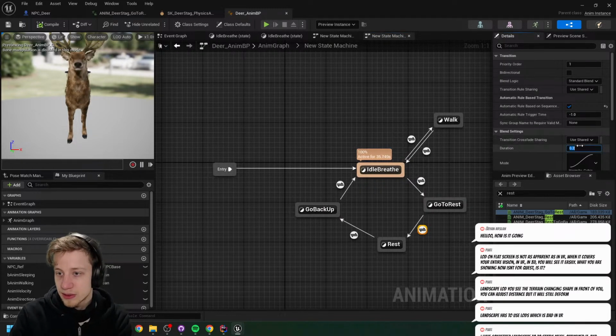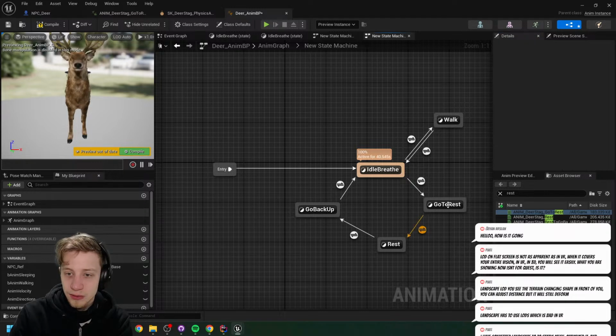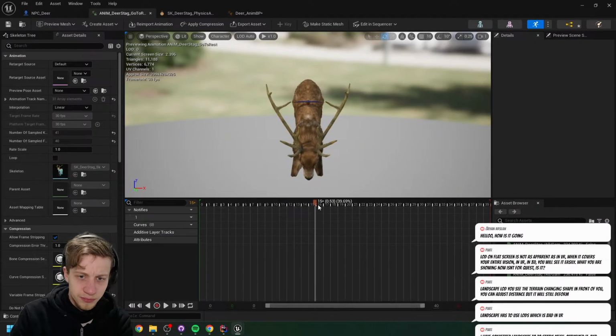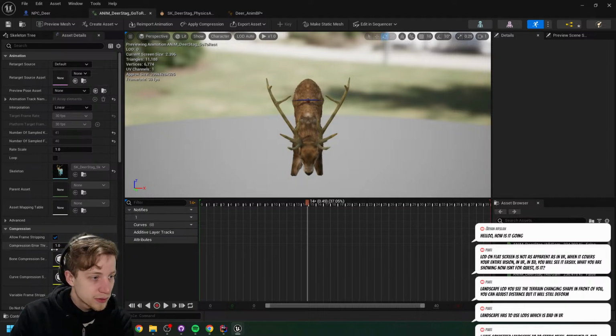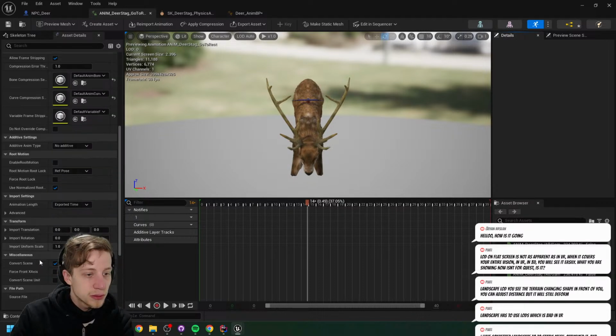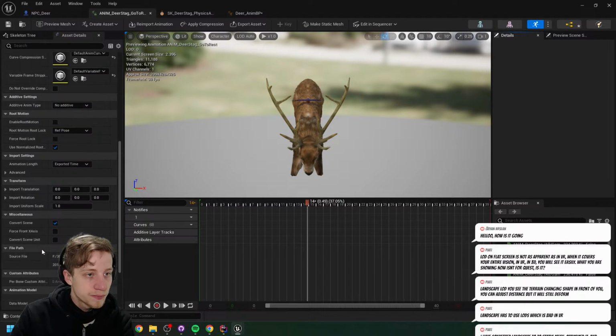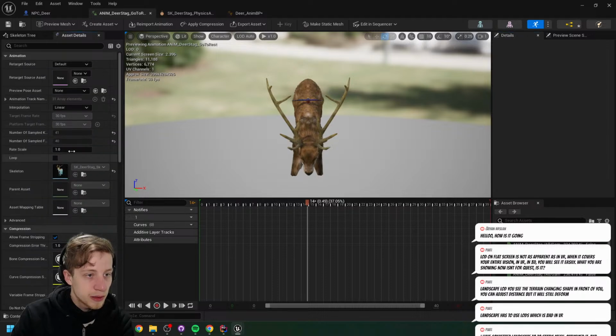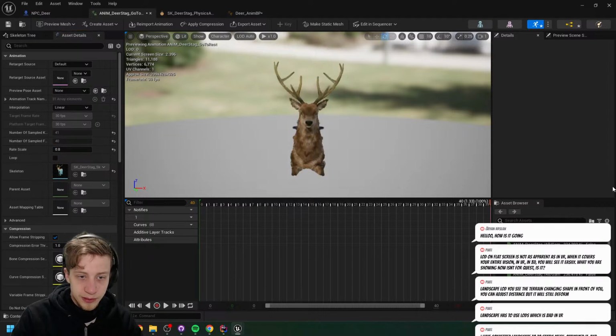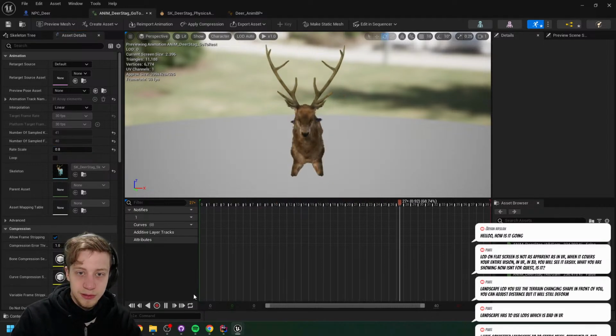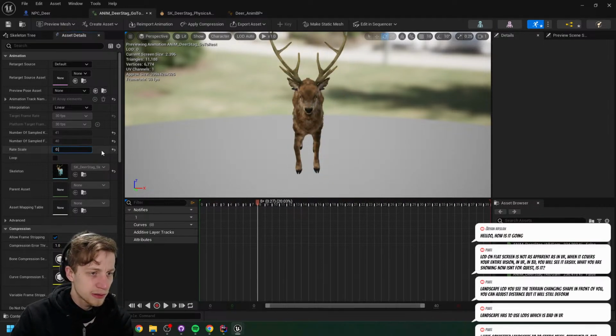So we can just speed this up to about 0.5. So maybe 1 second, and slow down this animation. How long is it normally? 1 second 33. So let's see about slowing it down. There we go. Let's say about 0.8, about 20% slower. Now it's minute 30. Maybe we can go even slower.